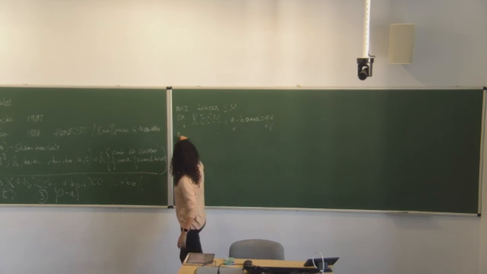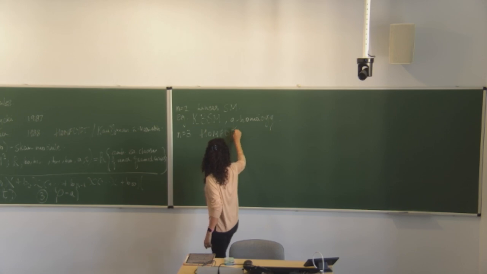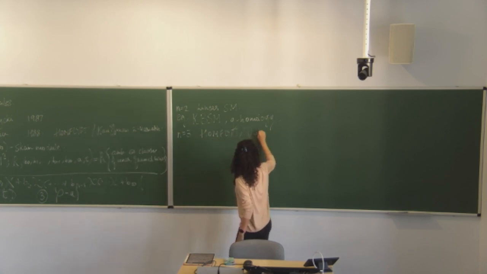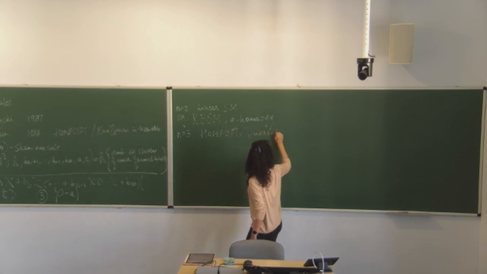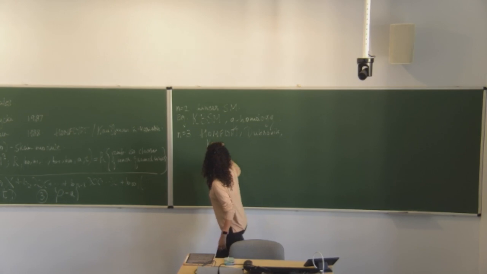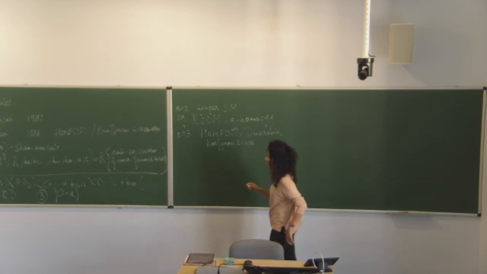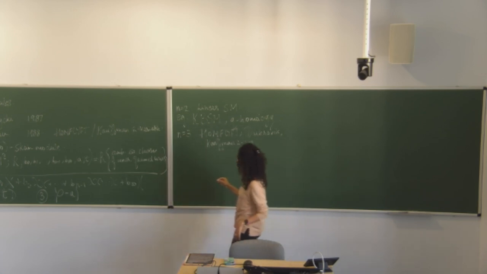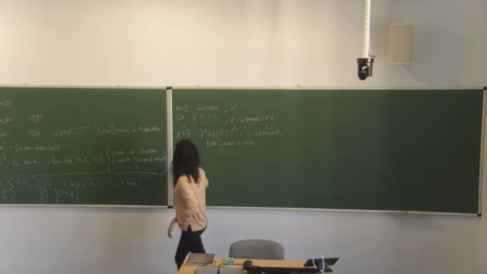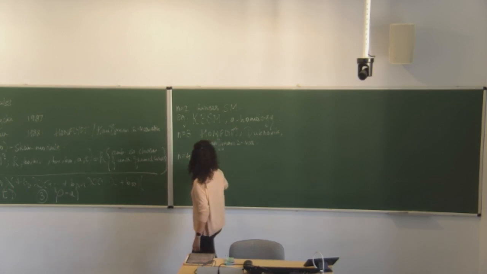When n is 3, you have the HOMFLY-PT skein module, you have the Dubrovnik skein module, and even the Kauffman two-variable is an example of a 3-infinity skein module. And then later on, I think in the next talk, Józef is going to talk about 4-infinity skein modules, which are cubic